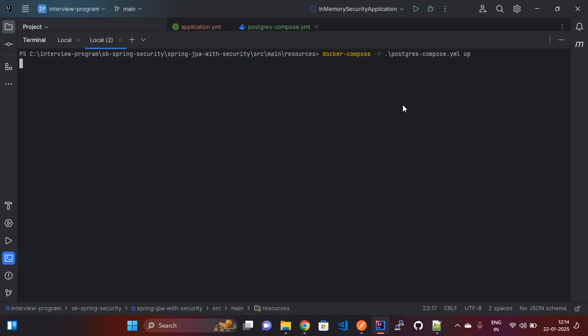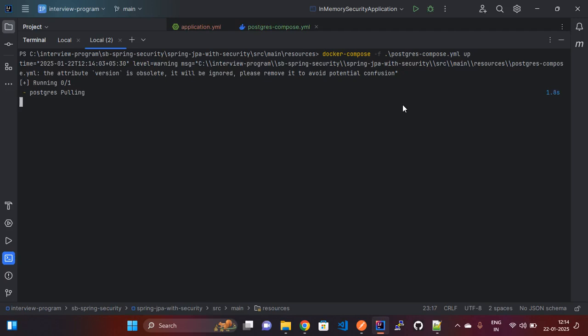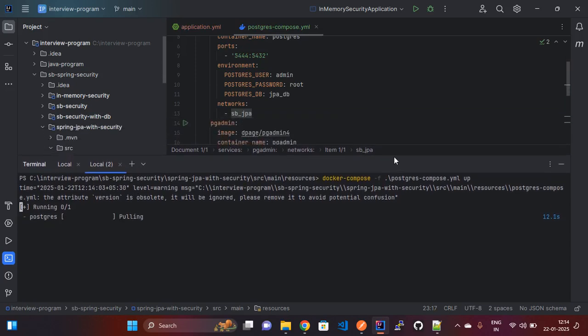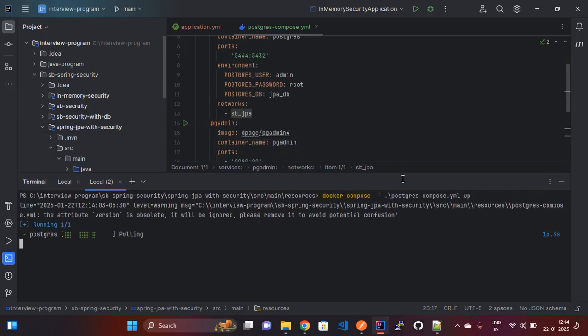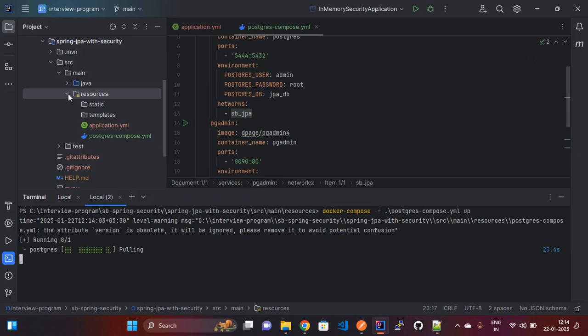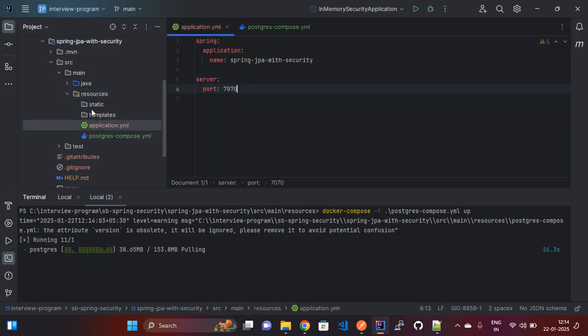Once the Postgres and pgAdmin containers are created, then we need to log in to pgAdmin and try to connect to the Postgres server. So I'm going to our project while the container is being created. In here, in the application properties, we are going to define